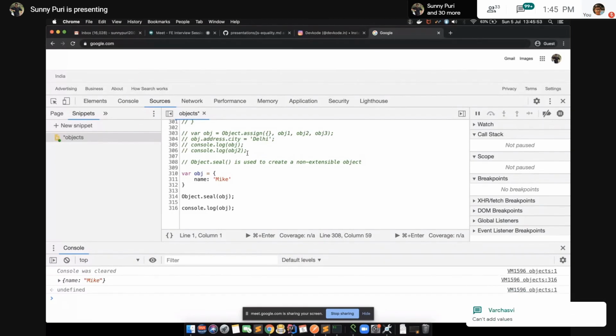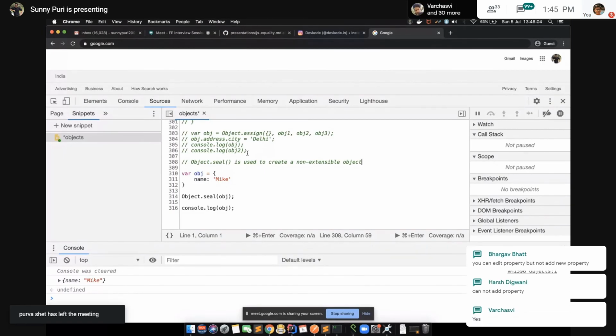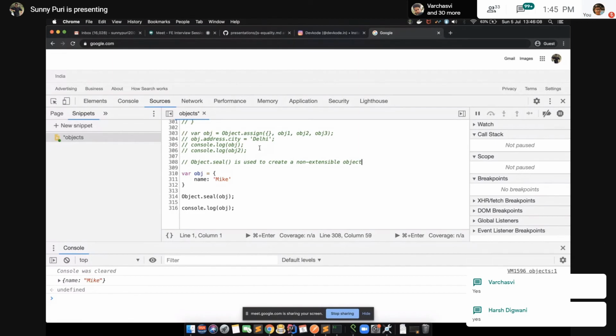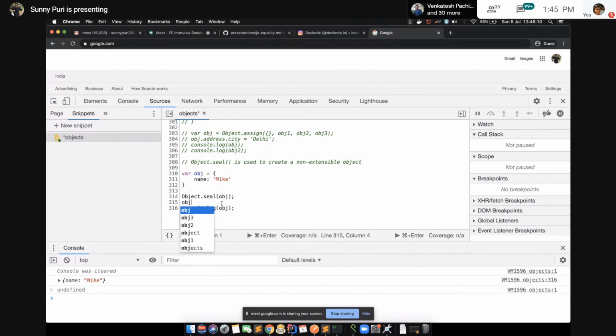Okay, can't add values, right? Can we update it? Very nice, you can edit a property but not add a new property. Let's see this. Object.name is equal to something, yes.